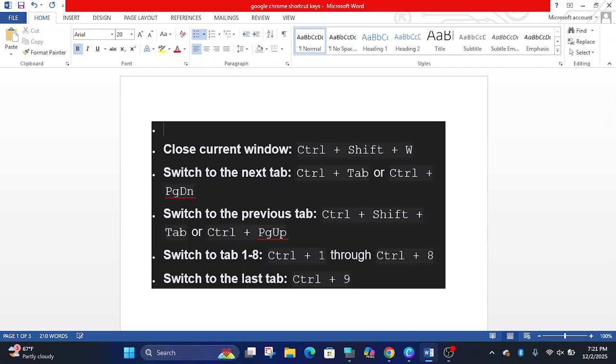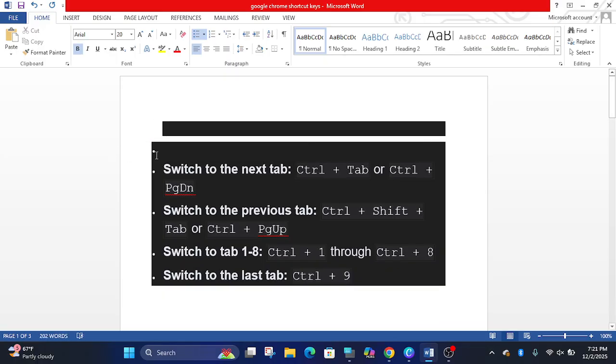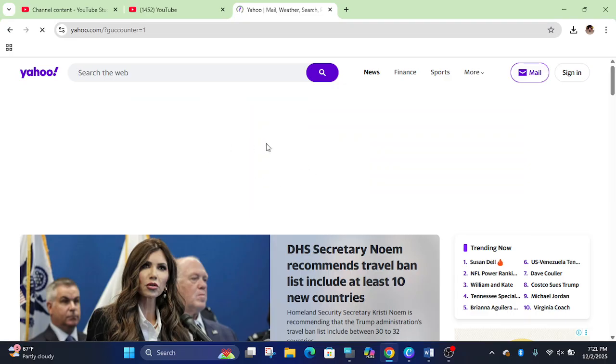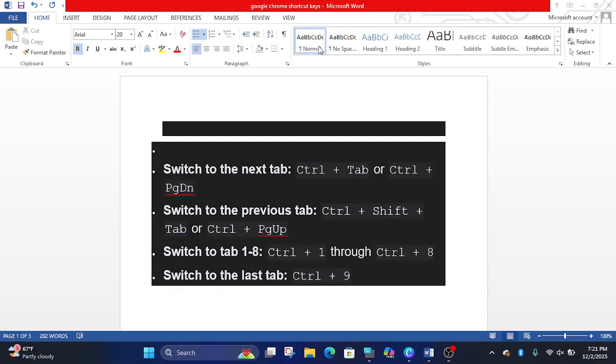Just as knowledge, you can use Control Shift W to close the current window. Control Shift W closes this one. The window is closed.